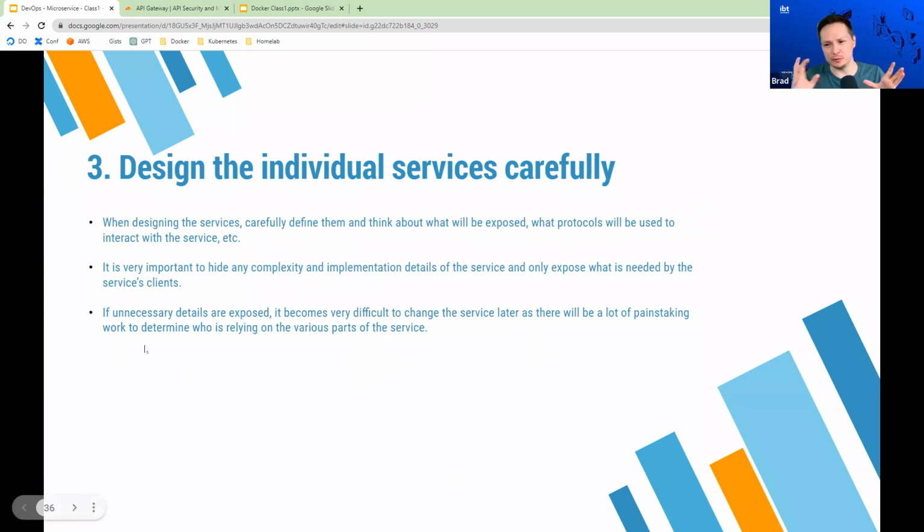So to hit on this a little bit more, whenever you create a service and something else is calling that service, you now have a dependency. If you make changes on this service, it's going to impact the service calling it. Now, since they're only calling the public API, it doesn't matter if you change the application logic. As long as the data that the public API is presenting is the same and consistent, it doesn't matter.